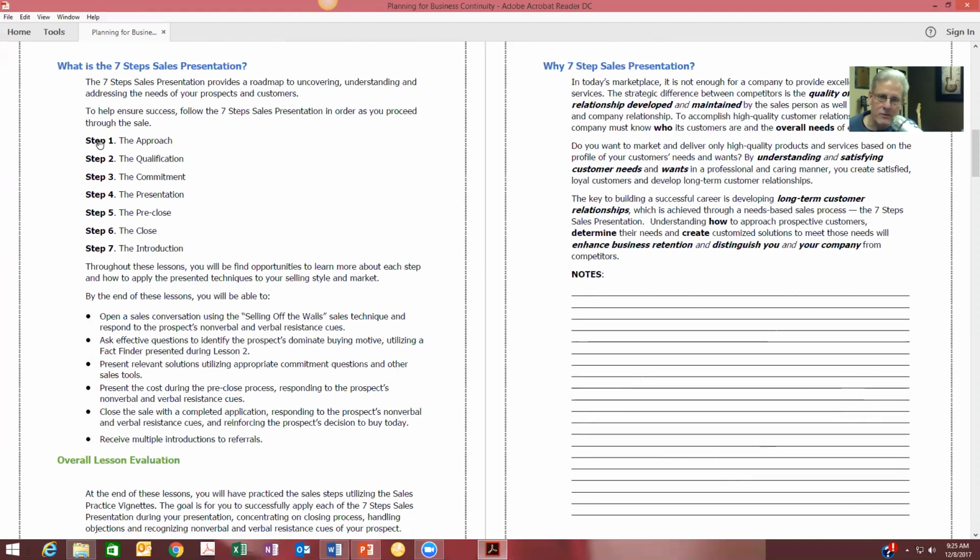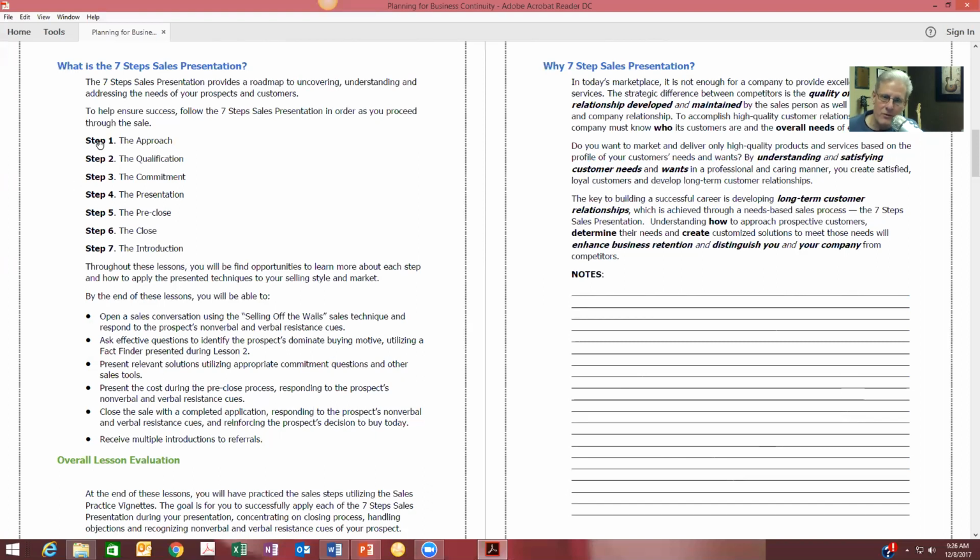The qualification gives you the opportunity to set the stage so the prospect qualifies themselves. And your job during the 7-step sales presentation, during the whole sales presentation, is to sell the problem, not the solution. Selling the problem means that the prospect will answer questions, tie-down questions, inverted tie-down questions, trial closers, in a way that each benefit of your product, so you describe the features of the benefit, each benefit of your product, the prospect says, yes, that will benefit me. And that is the way you qualify a prospect, and that's what you learn in step 2.